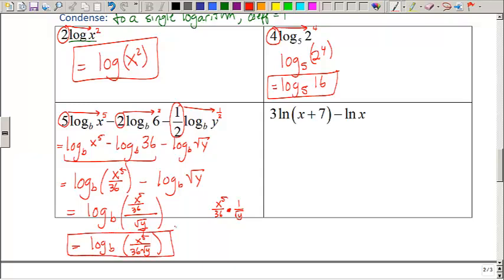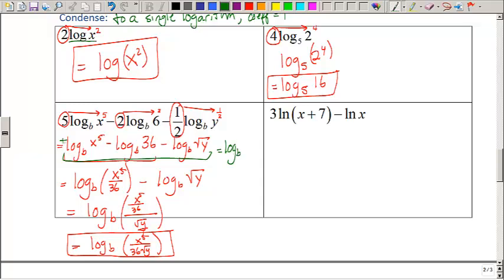Now a lot of students at this point are like, wow, is there an easier way of doing that? That was a lot of work, especially when you divide by another division, and the answer is yes, there is a shortcut here that I'd like to show you. Looking at our first step, log base b of x to the 5th minus log base b of 36 minus log base b of the square root of y. If my coefficient is positive and I have a sum of either addition or subtraction, a fast way of doing this problem